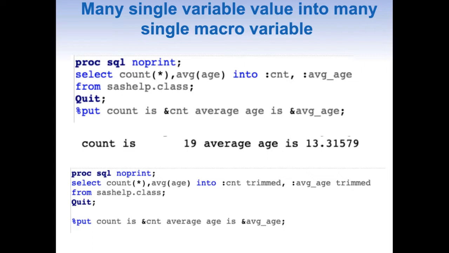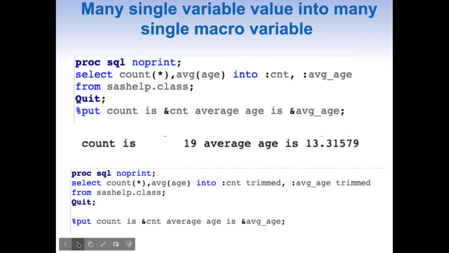And to trim these values is also very simple. All you need to do is say the trimmed option after the colon macro variable, and then comma, another colon macro variable and trimmed. Now that we have looked into a very simple case wherein we are taking a single variable value and putting it into a single macro variable,